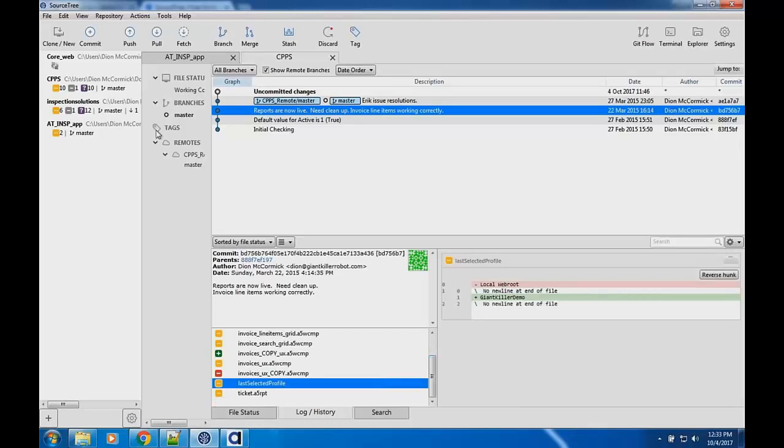The other thing that's kind of cool about the graphical user interface is that when I select a file, if it can detect the difference between the two files, it will show you. This is that concept of a diff. It can show me what has been deleted and what's been added in that particular file, so you can see the differences from what's already in the repository. It's comparing what's in the repository with your local file and saying, hey, these are the differences between them. And now that we support JSON, you can actually see that right there and say, you know what, I want my stuff, I want to go ahead and overwrite it.